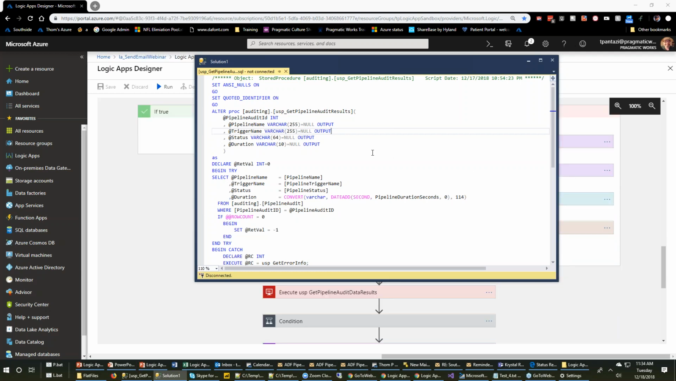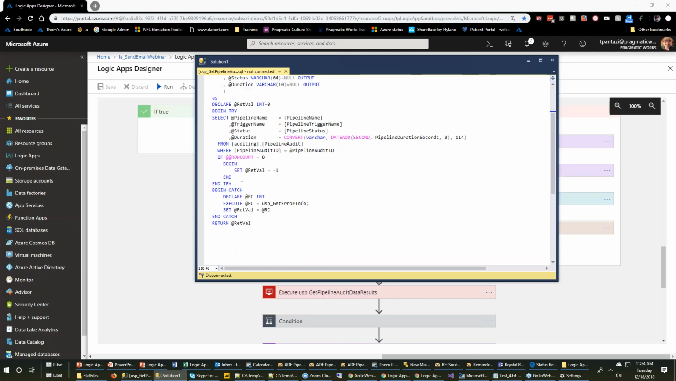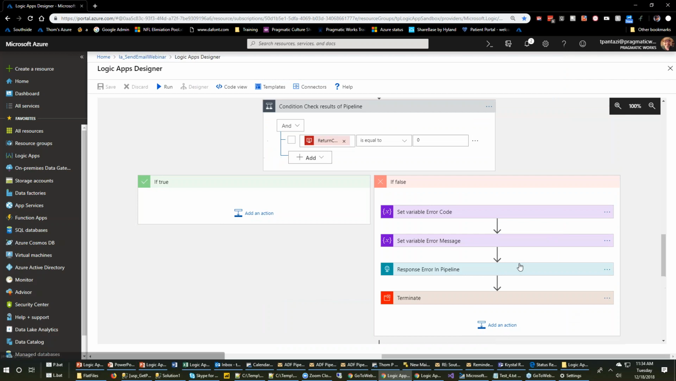Basically, it's just going to go out and do some testing. But the thing I wanted to point out here is, you'll notice this doesn't return a result set. The select statement, in fact, is selecting into the output variables. So there'll be no results that come out of this, but we are returning a return code. I think it's a good practice to do that. I don't think it's a requirement,